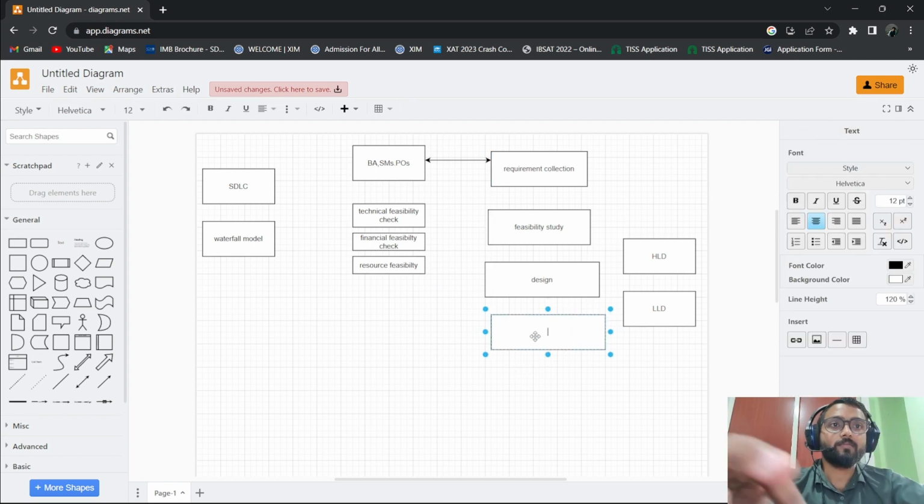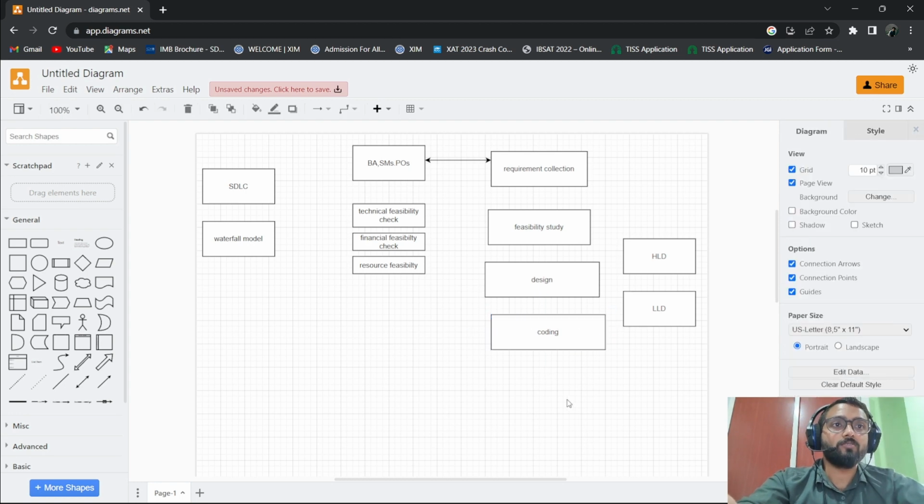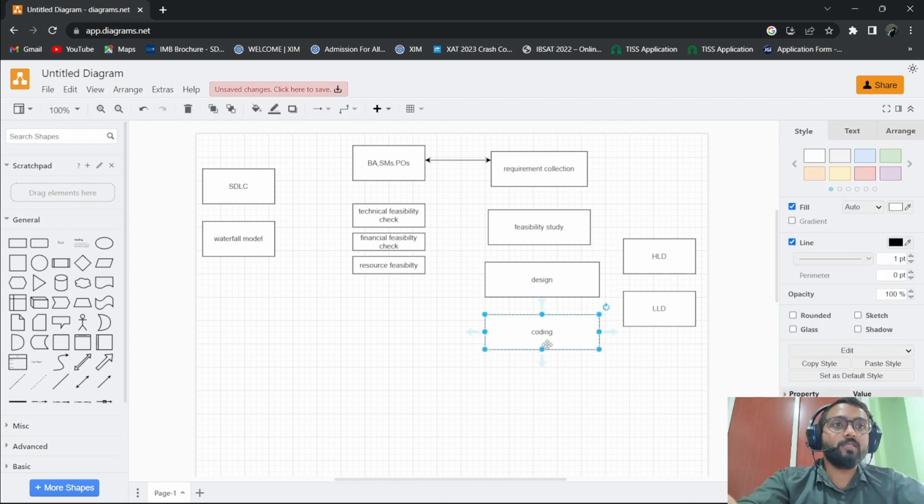So here the main process starts. As we all know, in this phase the coding will start for the particular application. The roles and responsibilities here are for the developers, the senior developers and all the junior developers, who will be part of this phase, and they will start coding for the particular module and component. Okay, next coming to the next phase,